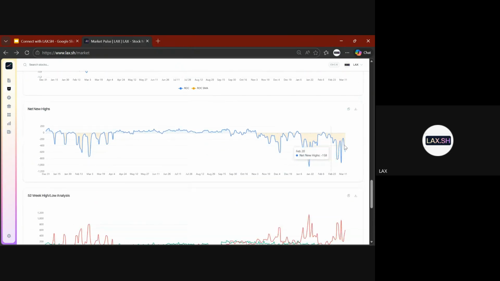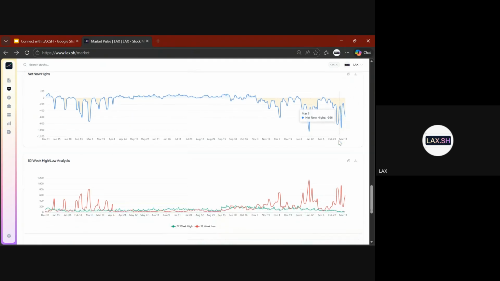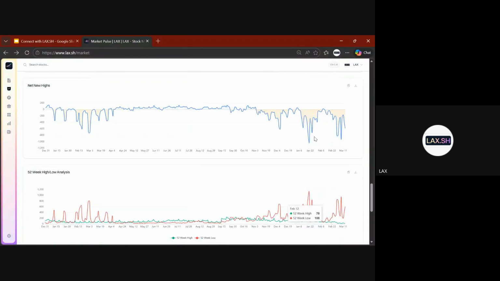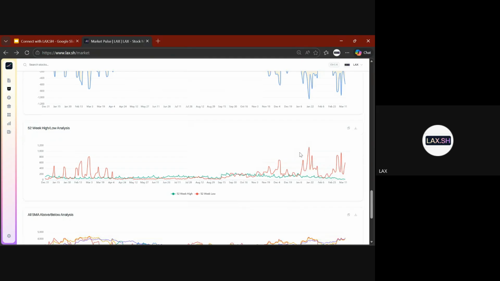Net new highs: if you're a swing trader, you're not supposed to be doing swing trading when this is below zero, right? Below the surface, it is patal lok. You don't try to do swing trading there. This is the same data, it's just that it is net. This is absolute 52-week highs and 52-week lows. So once you add both, I mean, 52-week low will be negative, of course, then you'll get this one. So they are not really materially different.